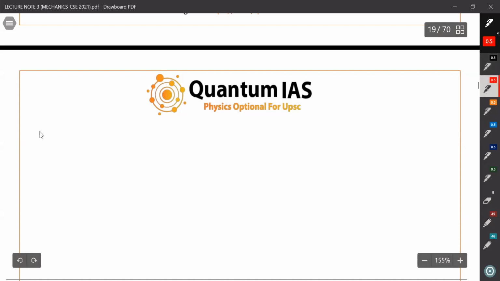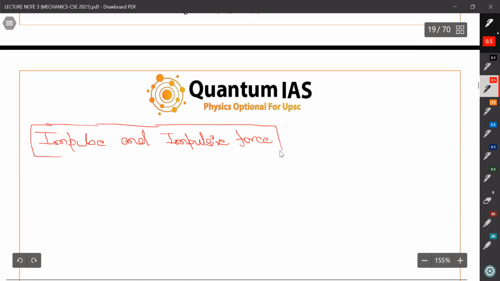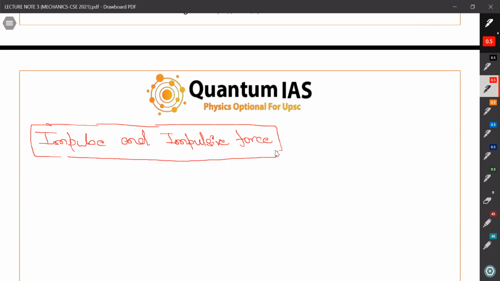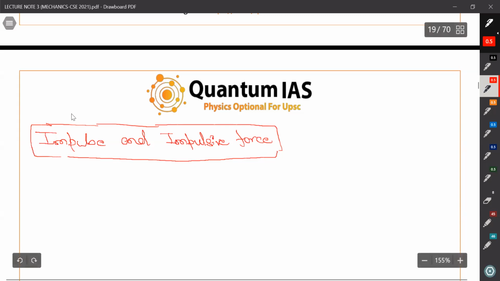One more thing that I want to focus on is impulse and impulsive force. For a better intuitive understanding, momentum is like चोट. जिस चीज से जितनी ज्यादा चोट लग सकती है, उसकी उतनी ज्यादा मोमेंटम थी. For example, to check whose momentum is more or less, imagine that the thing comes and collides with you. In this way you can see the beauty of momentum.